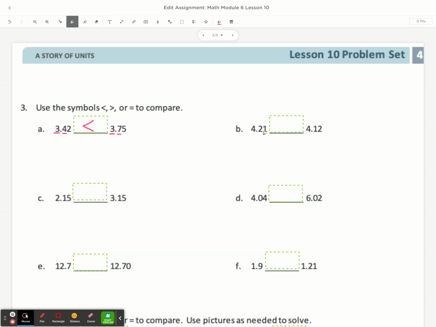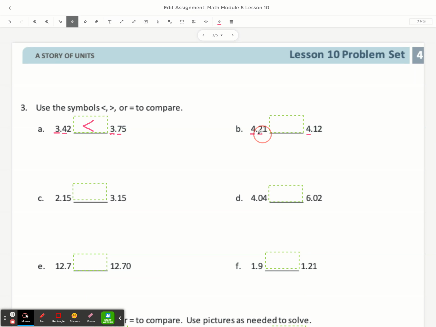And now we can move on to 4.21 versus 4.12. So again, we're starting with the number that is furthest to the left. So we're starting in the ones place. So 4 ones versus 4 ones. Same thing, so we have to move on to the next place value, which is the